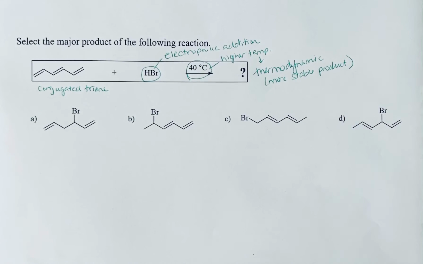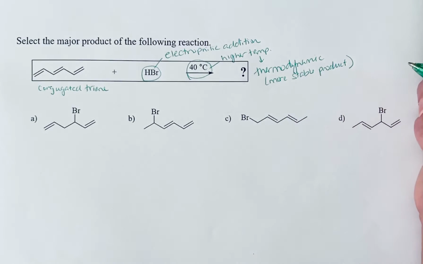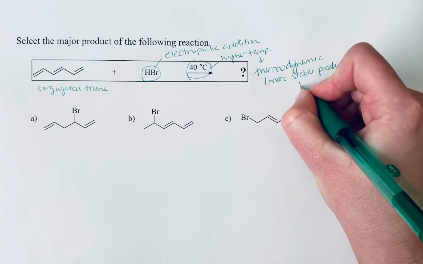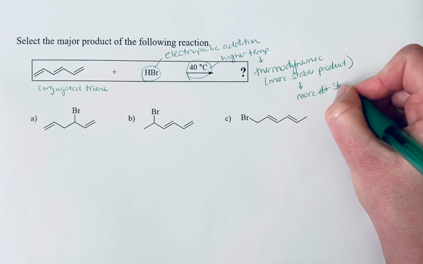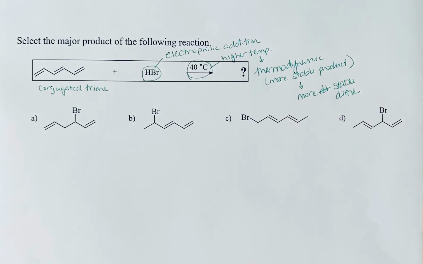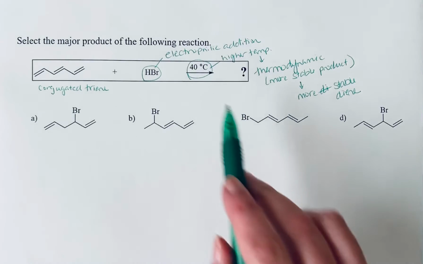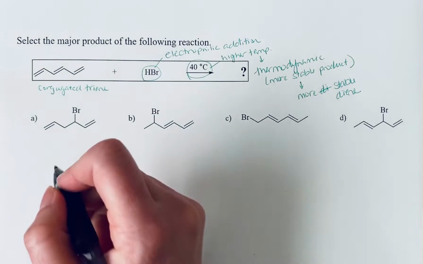And the more stable product is going to depend on the alkenes that we're left with. It looks like we're going to have a diene left if we react just one equivalent and react one alkene. So we're looking for the more stable diene product. Okay, so now that we have an idea about that, we want to start this problem. If you're looking for the most stable product, this means you really have to consider every possible product that can form. So I am going to draw the triene,